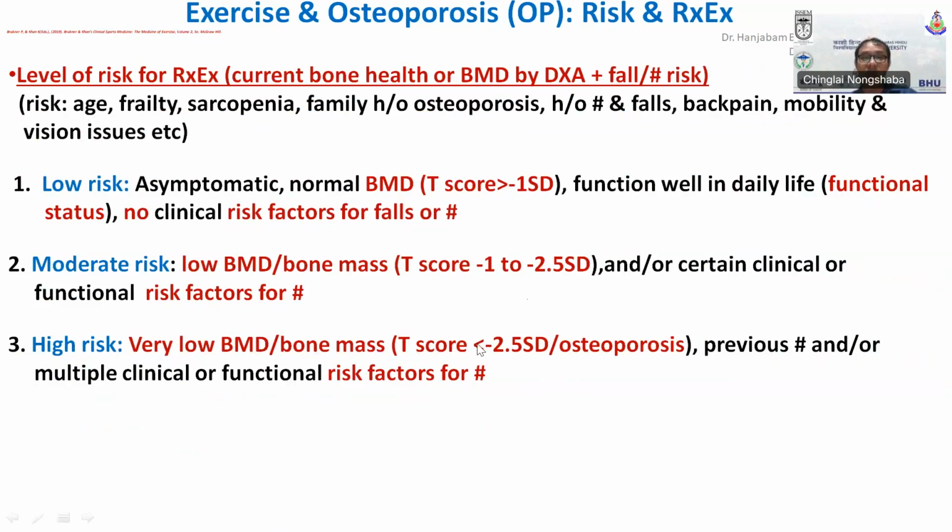That is, a T-score less than -2.5 standard deviation, or osteoporosis. These are the technical definitions for osteoporosis. Presence of a previous fracture and/or multiple clinical or functional risk factors are present. So such persons are known as high risk. So depending upon the risk level, you can design a particular exercise